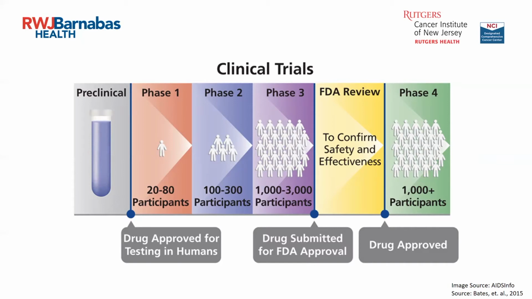Phase two trials are when the new drug is given to a larger group of people. We're looking at 100 to 300 people here, and this is to see if it's working like it's supposed to. Phase three trials are when the new drug is given to even larger groups of people. We're talking thousands of people at this point, and this is to confirm that it works. Researchers continue to monitor side effects, and this is where researchers compare it with similar treatments.